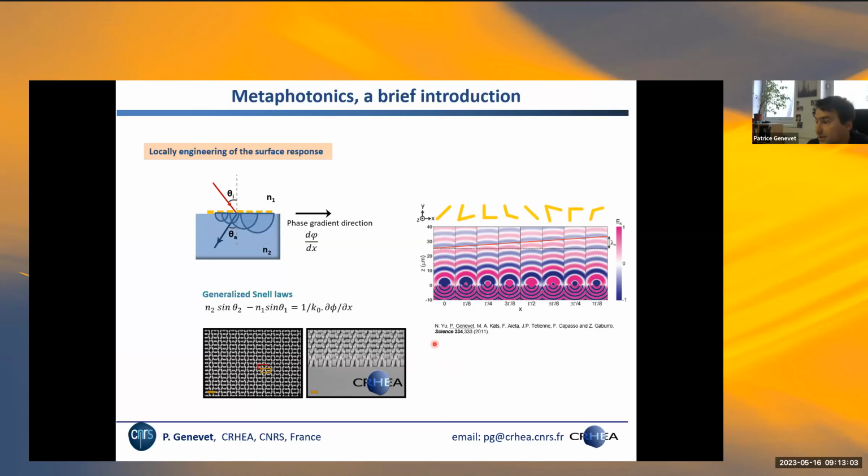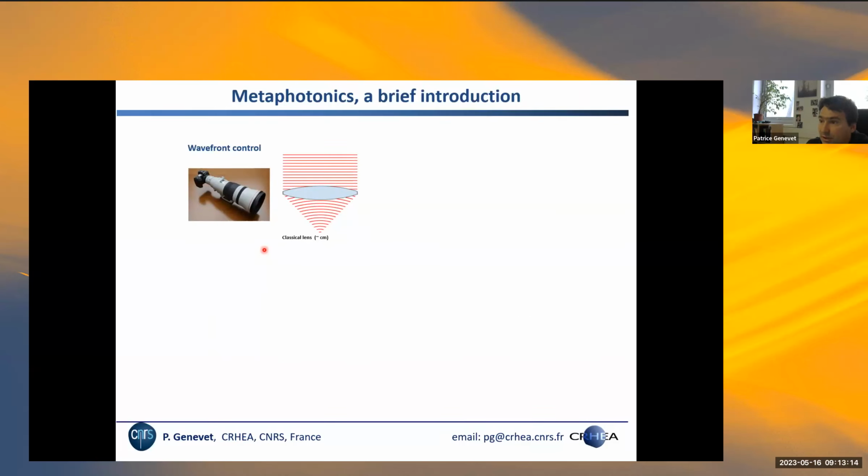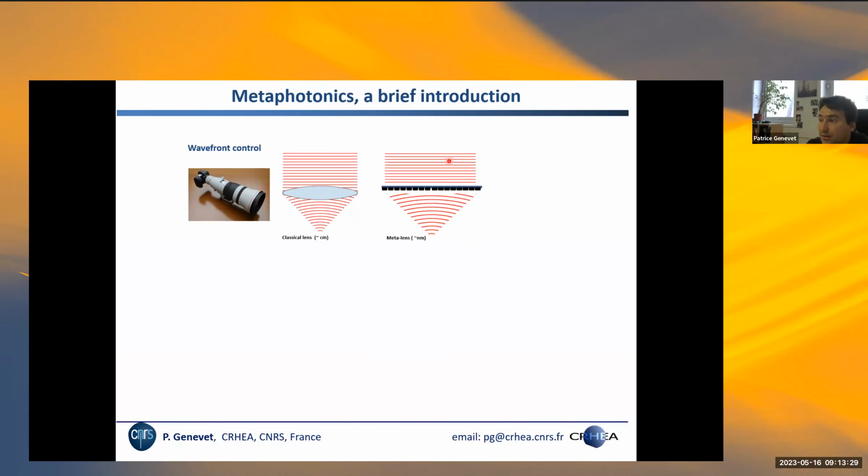So with this device, we can make lenses, we can make various types of components operational at a wavelength that is of interest for humans, which is visible wavelengths, obviously. As I say, a brief introduction here: the vision is that instead of relying on a material that has a fixed refractive index and is shaped so as to control the wavefront of light using volumetric material, we can now fabricate optical components, meta lenses, meta collimators, and different types of components directly at interfaces. We can reduce with that the thickness of the material down to a few hundreds of nanometers. So in terms of compactness, it is very interesting.